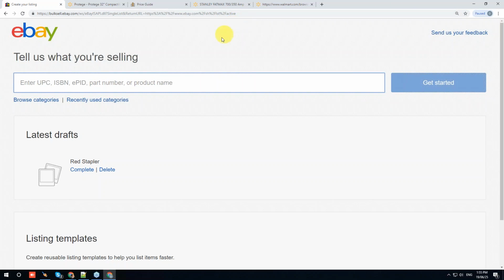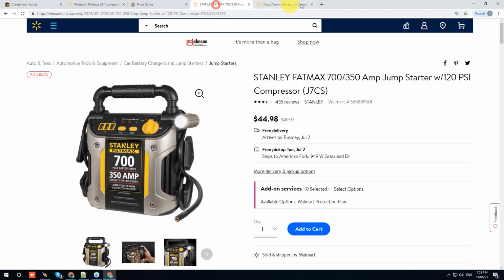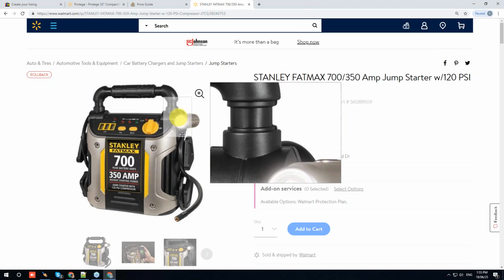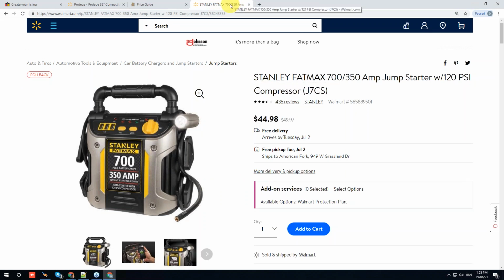Now, the next thing we need to do is get these windows side by side. So I've got a tab here with eBay in it, and then I've got a tab here with my product in it. And so what I want is to have both of these windows open side by side. Now I've got a whole lesson that's going to teach you how to do split windows. So I'm going to show you how to split your windows for anybody that doesn't know how to do this yet. But if you find that splitting your windows is just too much for you, it's too technical and